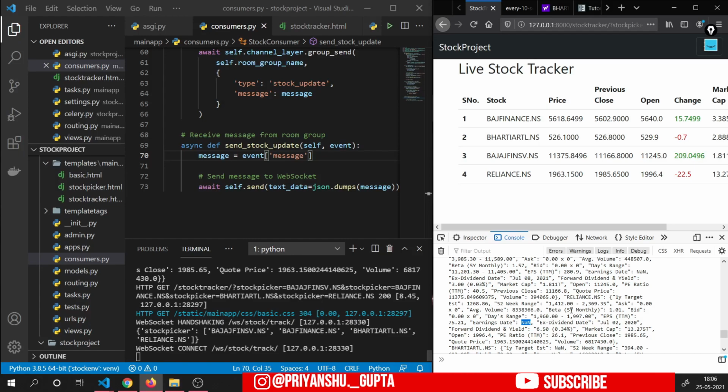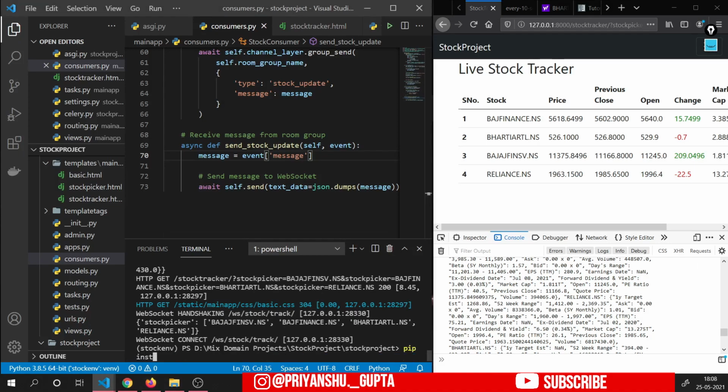Basically this nan value is not accepted in JSON. What we will have to do is convert this nan to null in backend and then send the data to frontend. Otherwise we will receive error while we are doing json.parse, because in JSON this nan value is not accepted. So we will have to remove this nan and replace this with null. For that we will have to use one library that is called simple JSON. So we will install one library here, that is pip install simple JSON,